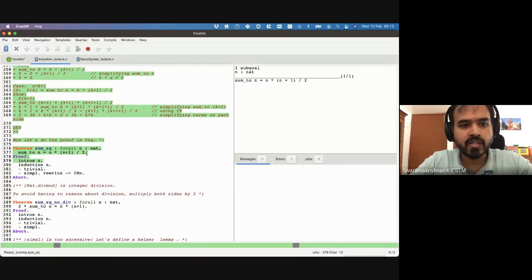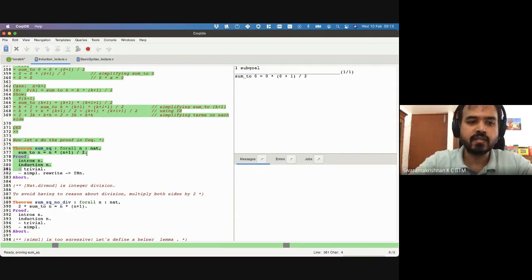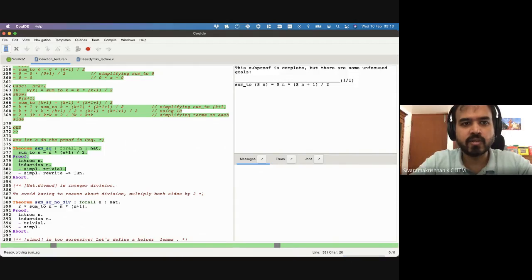So you do the introduction. We are going to induct on n. The first case is trivial. So you do simplification. I'm not even showing simple here, but if you do simple, you'll get 0, 0. So trivial makes it go through. And in the inductive case, as we saw here, in this step, you can do one step of simplification. So if you simplify,